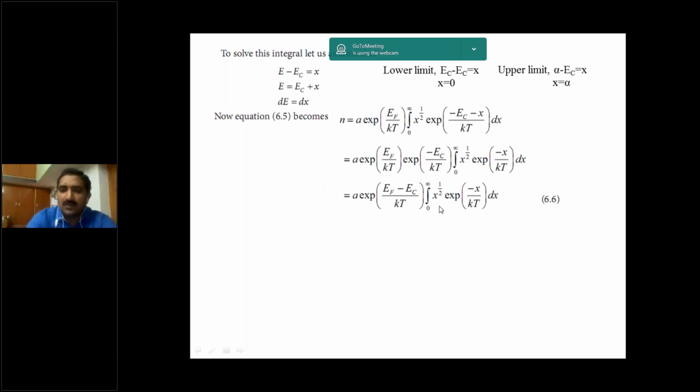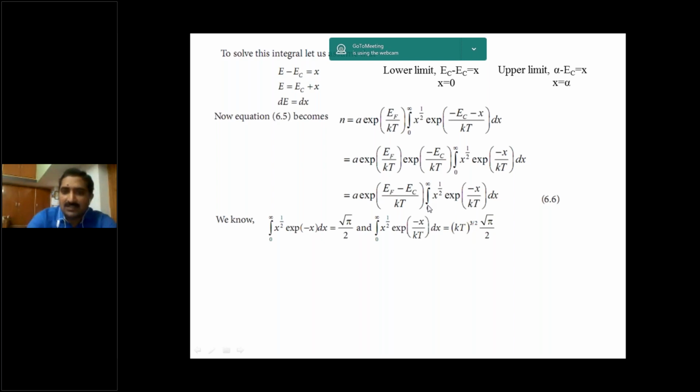To solve this term, we are using beta gamma functions. We know very well that integral 0 to infinity x power 1 by 2 exponential of minus x into dx is equal to root pi by 2. This is a standard value. Similarly, our expression is integral 0 to infinity x power 1 by 2 exponential of minus x by KT, which is the same, but there exists some numerator term. So that can be written as (KT) whole power 3 by 2 into that constant term. Here K is Boltzmann constant and T is absolute temperature. At a particular temperature, it is a constant value. So the constant term whole power 3 by 2 into root pi by 2.